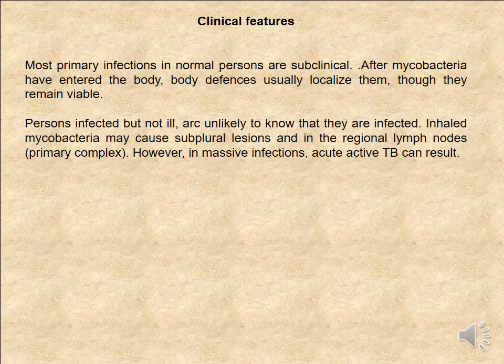The clinical features of tuberculosis: most primary infections in normal persons are subclinical. After mycobacteria have entered the body, the defenses usually confine them to the main barrier. A person infected but not ill is unlikely to know that they are infected. Inhaled mycobacteria may cause a subpleural lesion and involve regional lymph nodes, the primary complex. However, in a massive infection, acute active